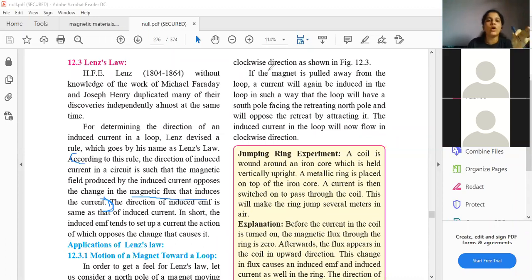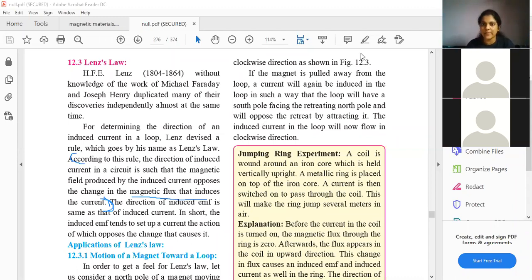So students, simple thing, remember that whenever there is a coil kept in a changing magnetic field, changing magnetic field means change in flux, change in magnetic flux, current is induced inside that coil. Now that induced current has its own magnetic field, whose direction is opposite to the direction of the external changing magnetic field. This is Lenz's law. Now we'll see why this is helpful over here.